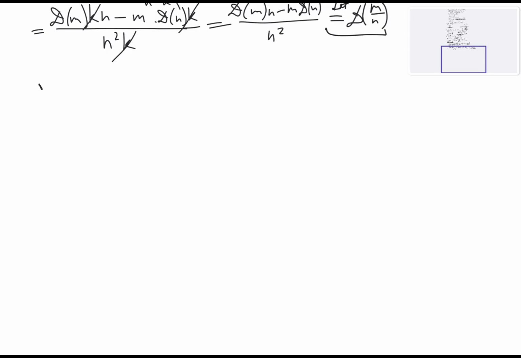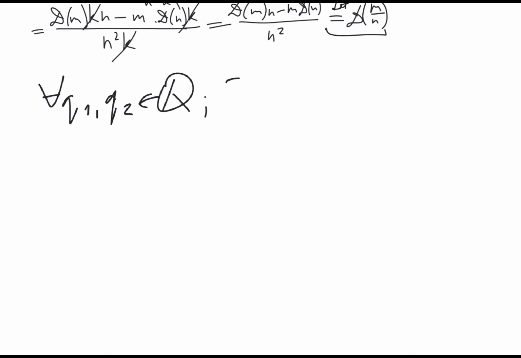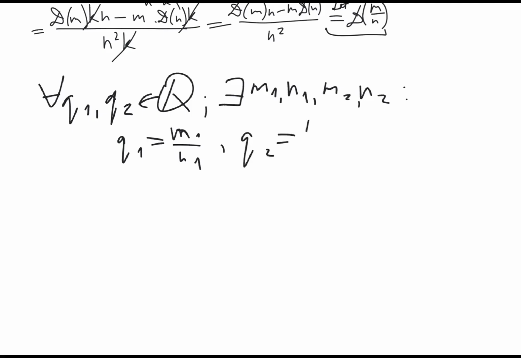So basically we take two rational numbers q1 and q2. For them there exist m1 and n1, m2 and n2, such that q1 is equal to m1 over n1 and q2 is equal to m2 over n2. And what we need to prove is that